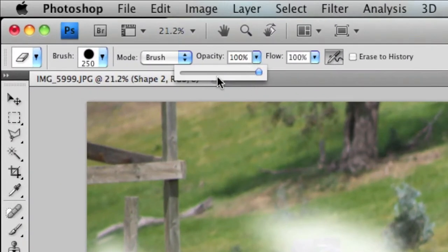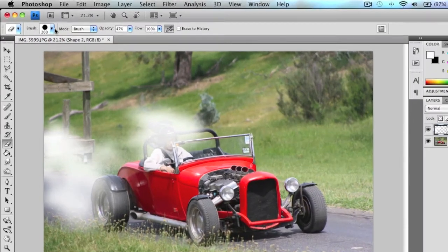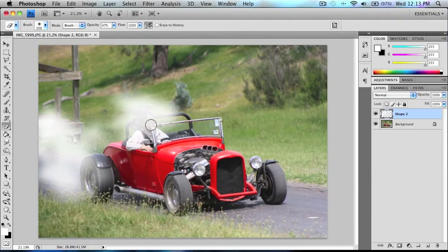So I'm going to change the opacity down to around 50%, and I'm going to make the brush nice and soft and just take this smoke away from his face and his body and a bit of the car. Like that. And now I'm just going to turn the opacity of the smoke down like that. And now that's looking okay, but if you want it to look a bit more smoky, you